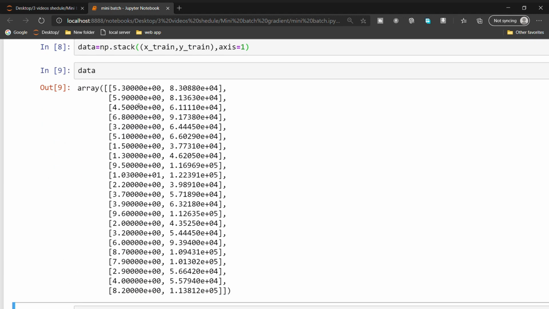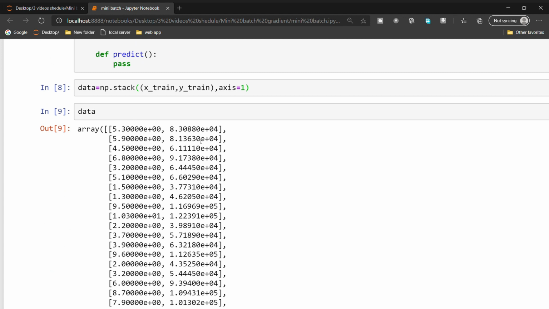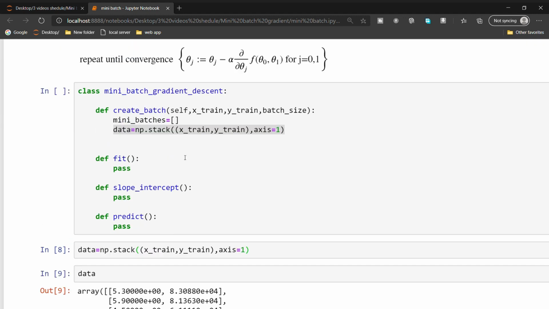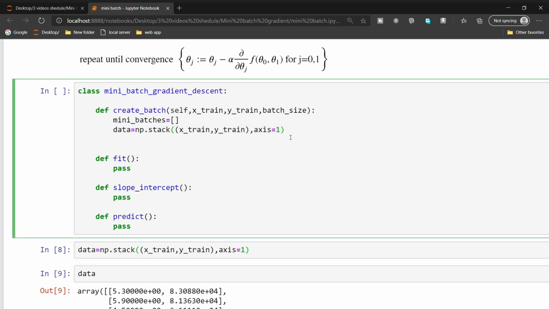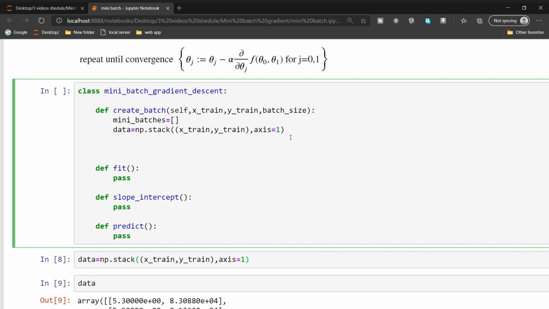See, 5.3 years of experience, and the salary is 8.300 into 10 power 4. Like that, this data is stacked into one numpy array. The next thing is we need to shuffle the data before creating the batches. So np dot random dot shuffle. Inside we have to pass data.